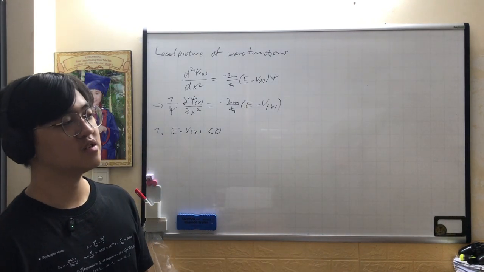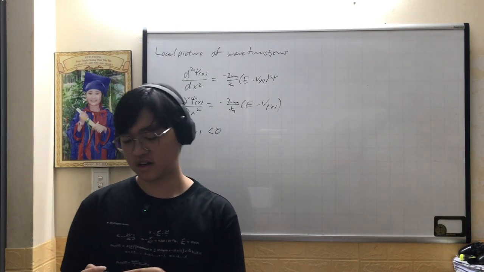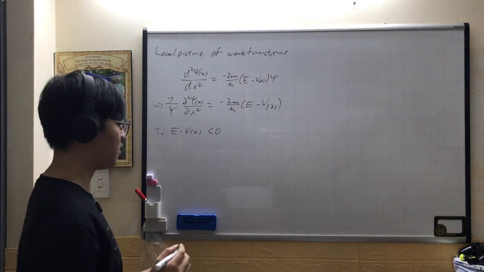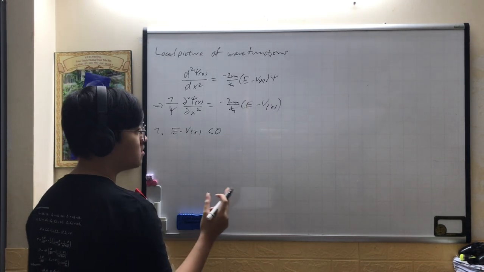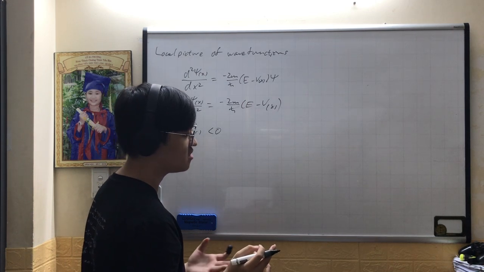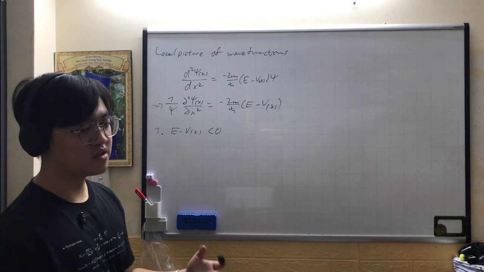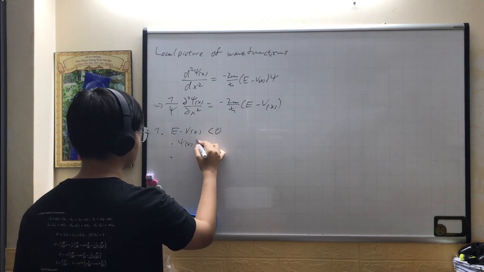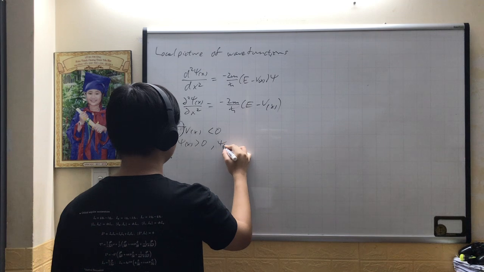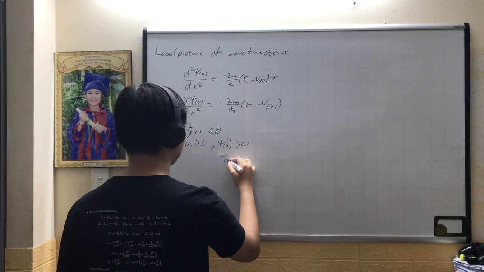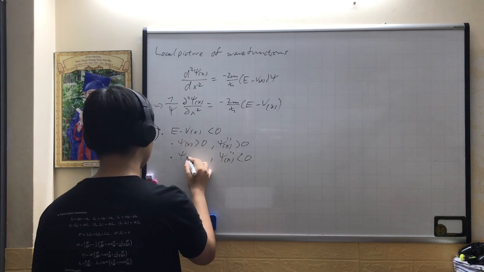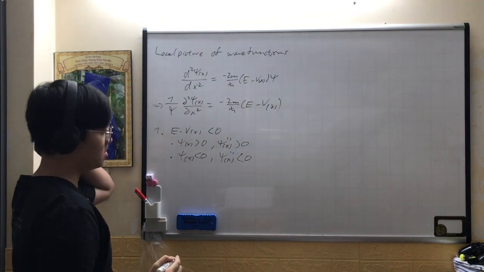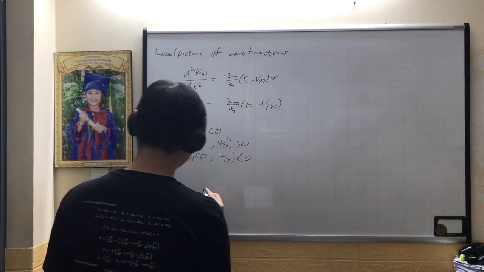If your wave function is greater than 0, the second derivative is going to be greater than 0. And the same if your wave function is less than 0. So your second derivative is going to have the same sign as your wave function. So two things are going to happen: if psi of x is greater than 0, then the second derivative is greater than 0. If it's less than 0, then the second derivative is less than 0. And with this